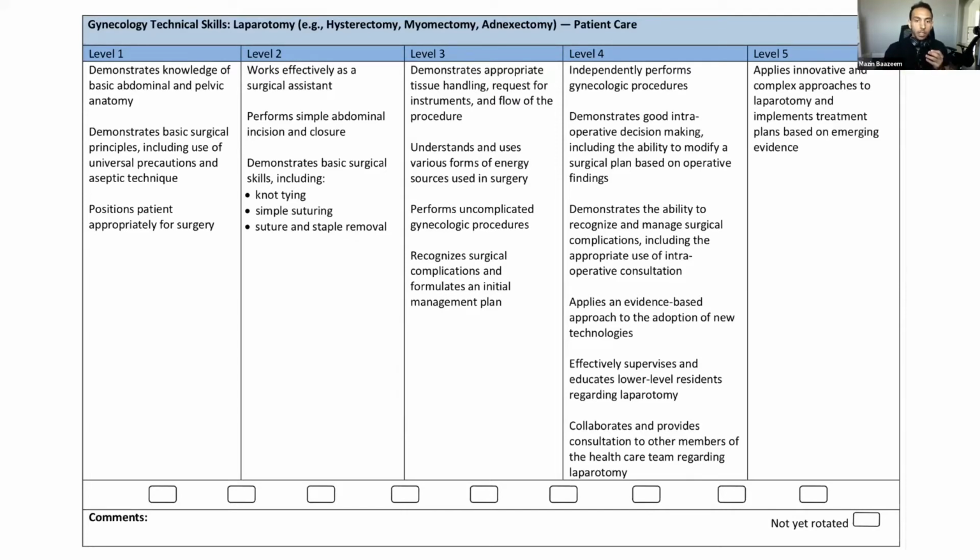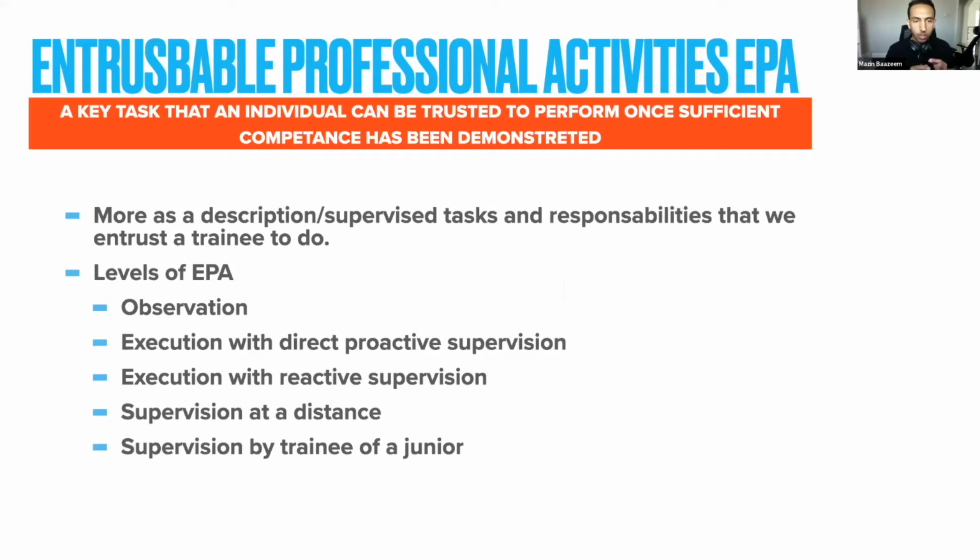Okay. The third thing, which I find the most difficult to understand, is the entrustable professional activities. Basically, the idea of an entrustable professional activity is you can see it in your daily practice. Let's say if I ask you about Dr. X, and you tell me, I trust Dr. X with my mother or sister, I will automatically understand that Dr. X is competent. So trust, in other words, means competencies.